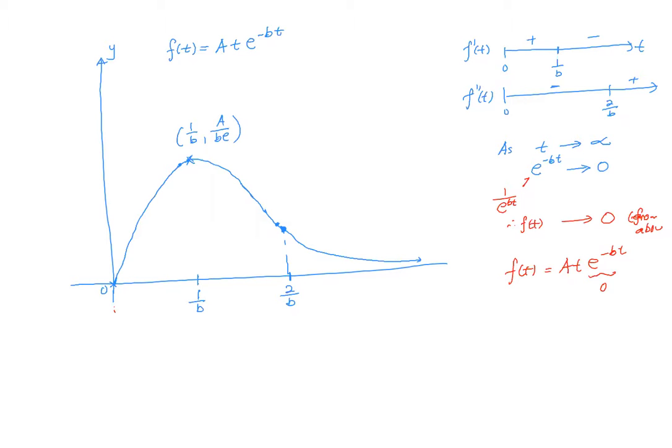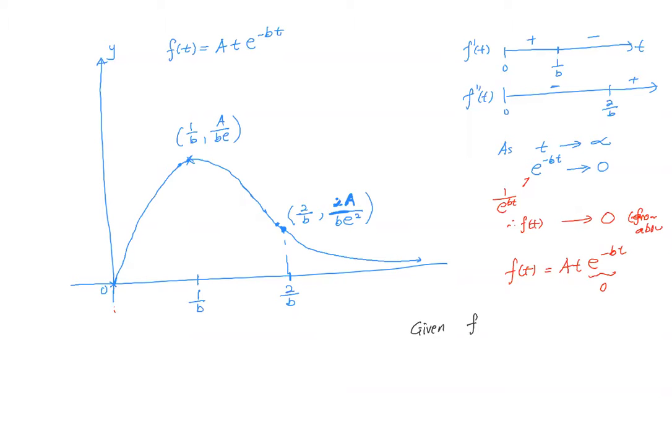And it is decreasing at the fastest rate at the time 2 over b, and the y value will be 2a over b e squared. So this information, you should write it down. Do you know the reason why? Because in the exam, I can set a question like this. I say, okay, given,